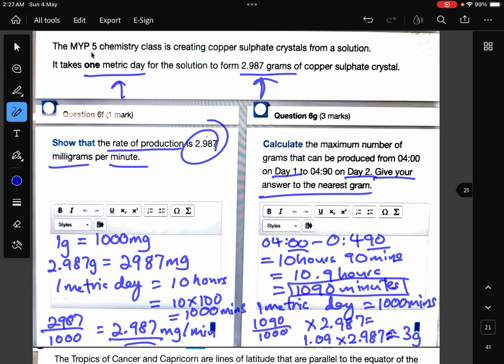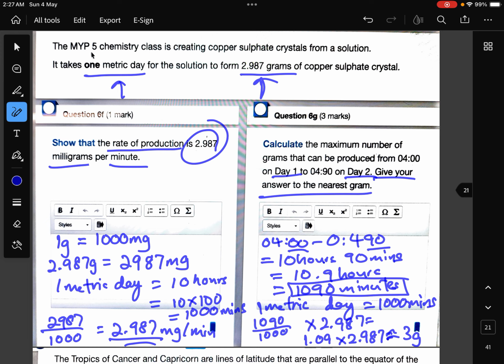Okay, so generally what I would like to summarize for this question is we need to find out the amount of time from 4 in the morning on day 1 to 4:90 in the morning on day 2. So we need to calculate how much time is taken from this duration in this case, and we found out that it's basically the same thing as